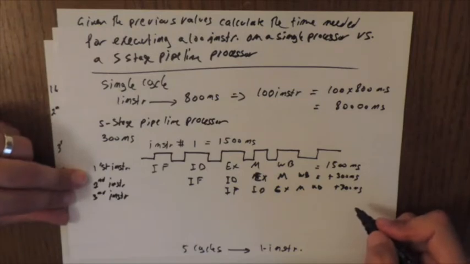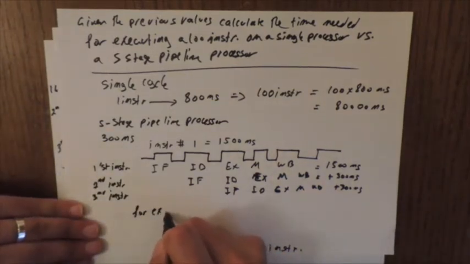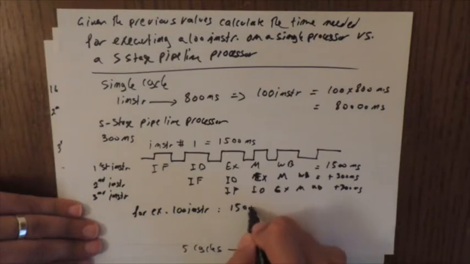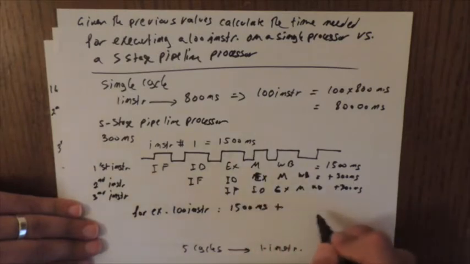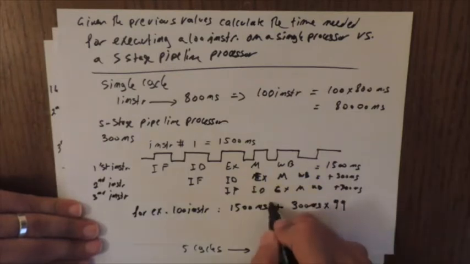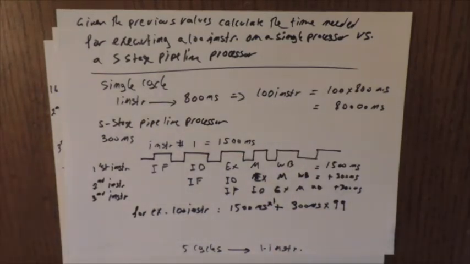So we can see a pattern here. So for executing 100 instructions, the first will take 1,500 nanoseconds plus 300 nanoseconds times 99. So this is times 1. So you see the total here is actually